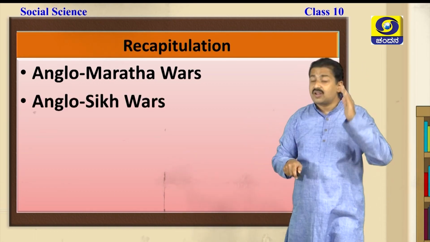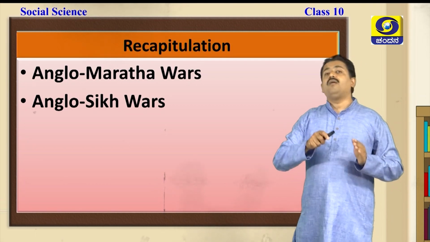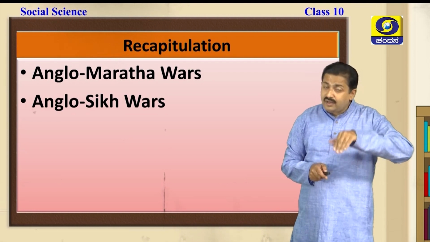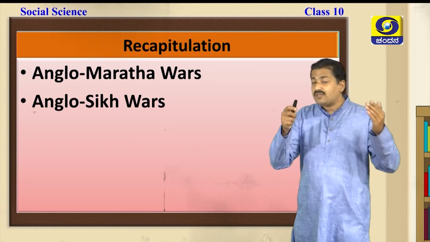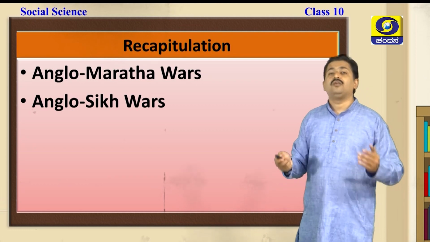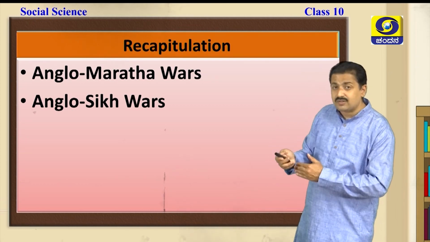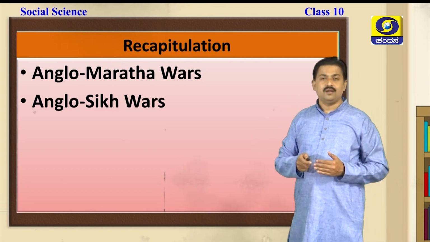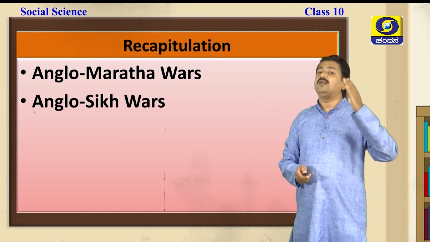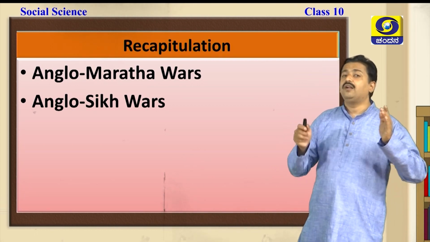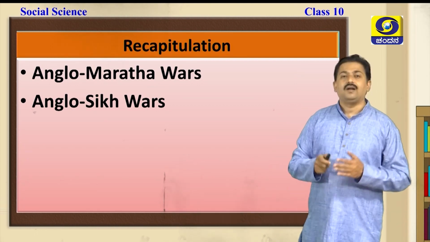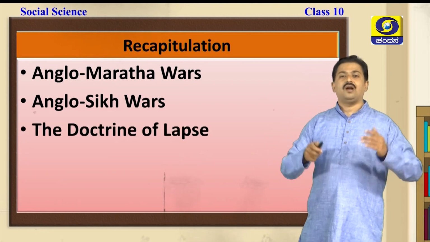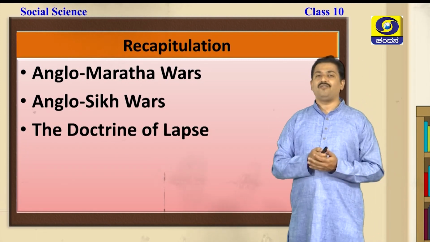Followed by, we discussed the Anglo-Sikh Wars, where the British tried to control the Sikh Kingdom after the death of Raja Ranjit Singh. It was opposed by the people of Punjab, but the British completely suppressed the people of Punjab. That was the end of the First Anglo-Sikh War. Later, in the Second Anglo-Sikh War, the British completely defeated the subordinates of the Sikh Kingdom. Atariwala and Mulraj were completely defeated. All these you have discussed, and also you learnt about the doctrine of lapse.